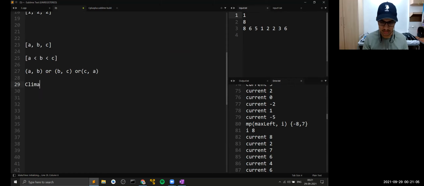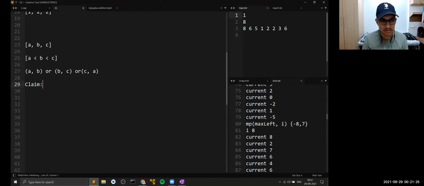I claim that the answer in the last two cases will be the same. I mean, the total operations we do in the last two cases will be the same, and in the first case it will be, I think, less. And we can do this by casework. That's a very strong claim. Yeah, so we can do case by case.